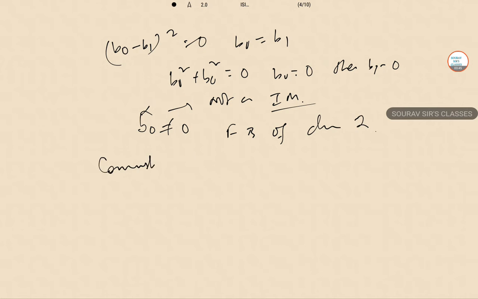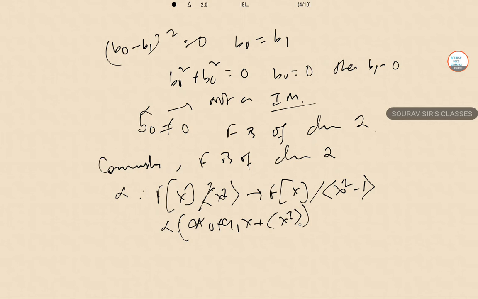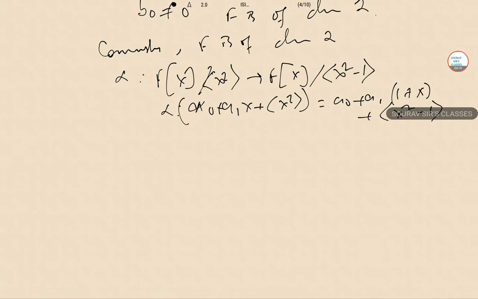Now if we go conversely to this, assume that F is of characteristic 2. So in this mapping then, F mod x² − 1 and a0, a1x, x² equal to, this will give you this part. So the mapping is an isomorphism. So indeed we can say